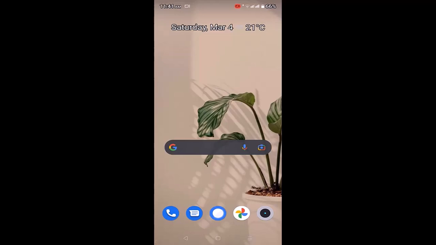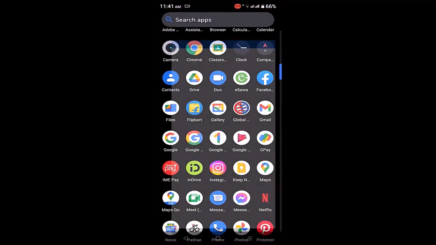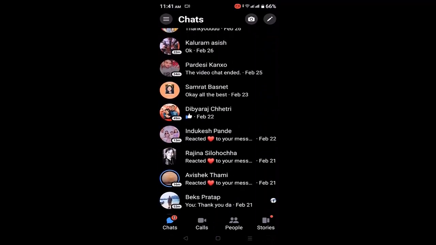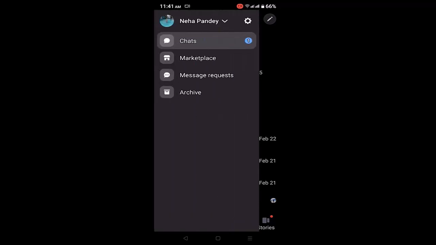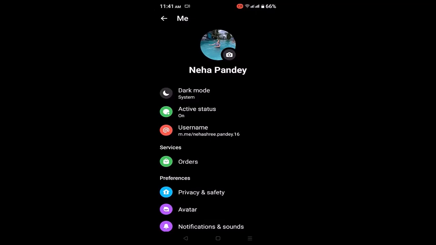So the first thing you need to do in order to recover your deleted messages is open up your Messenger application. Once you're logged into your account, you'll be directed to the chat page, and on this interface in the top left corner you'll be able to see a profile icon. Click on it. As you click on the profile icon, click on the gear icon, and then you'll be directed